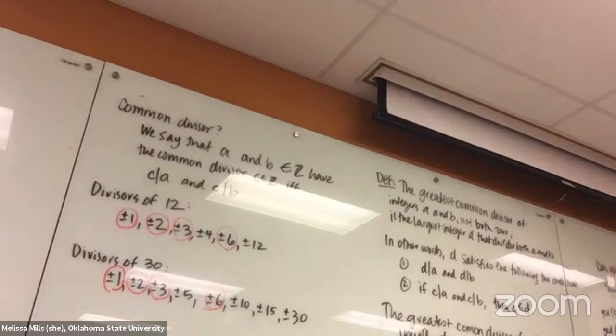A and B, not both 0, are co-prime or relatively prime if the GCD of A and B